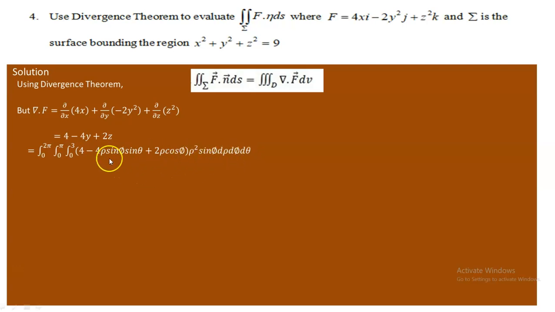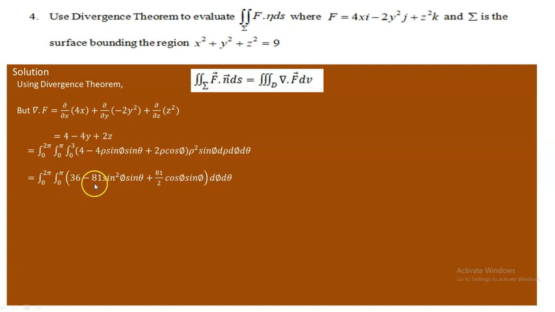So your rho runs from 0 to 3 because the radius is 3, as you see, and your phi is from 0 to pi because it's a full sphere. And since again it's a full sphere, we are going to take theta's range from 0 to 2 pi. So when we simplify this, you will encounter this integration 0 to 2 pi of 0 to pi of, now look here, this is rho squared, so this rho squared comes here, rho cubed over 3, so 4 over 3 times rho cubed can come for this particular case. Just multiply these 3 terms by rho squared and then integrate that with respect to rho